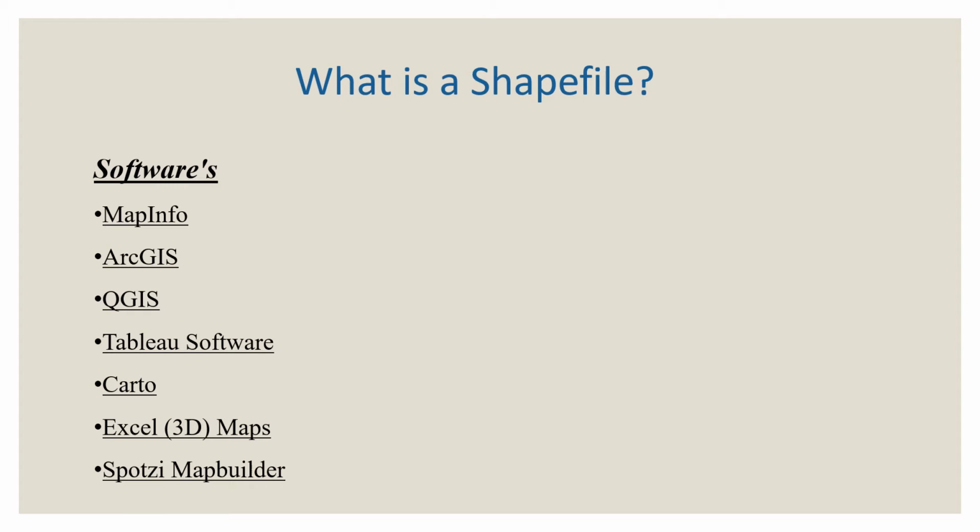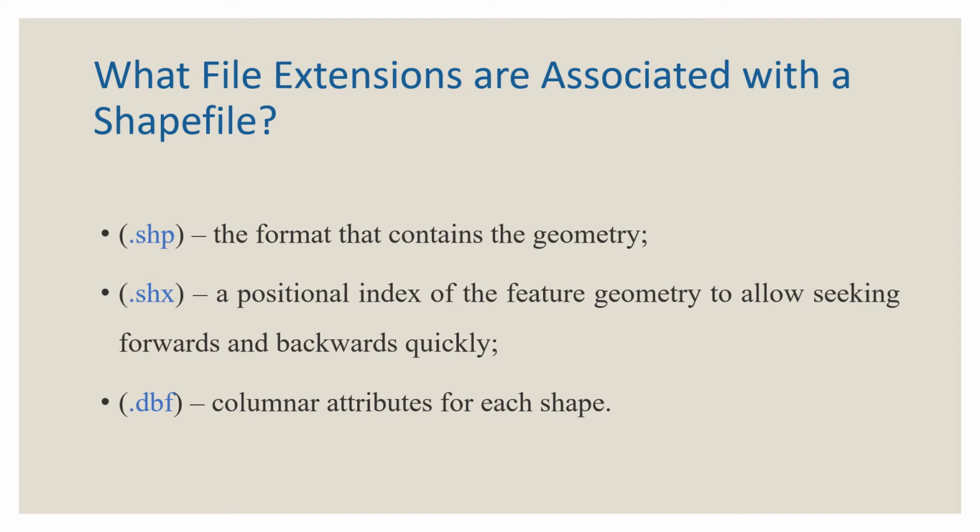Commonly, shapefiles are compressed in a zip format for transfers, such as emailing as an attachment or via a website download. All shapefiles must have the same name but different extensions. So there are three required files that at a minimum make up a shapefile.